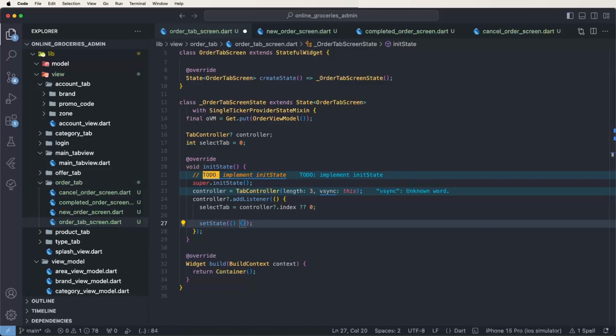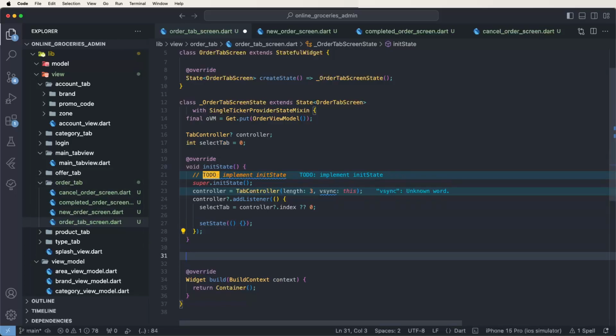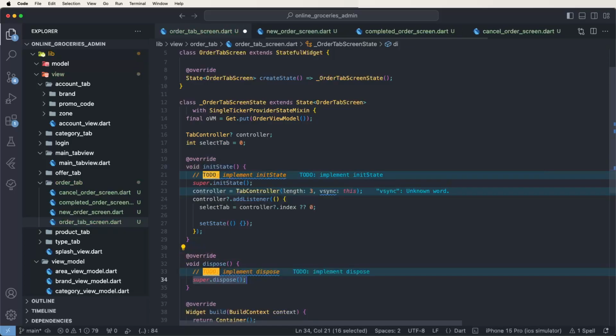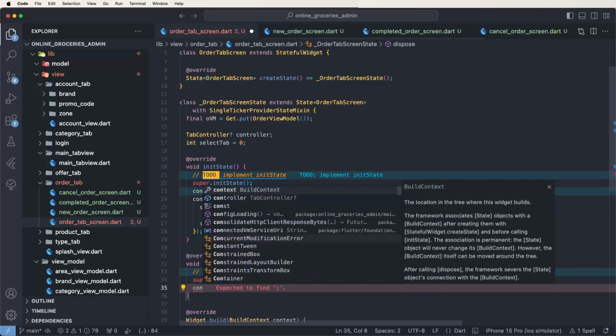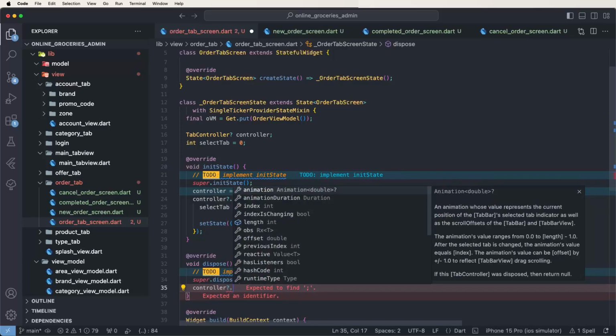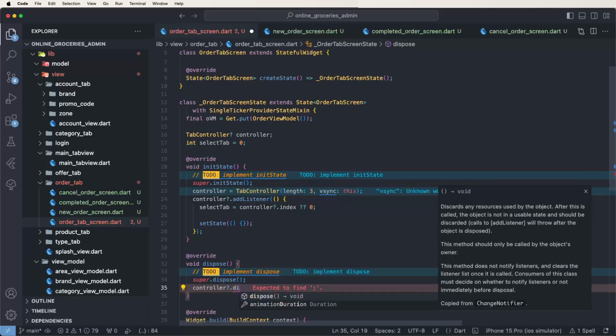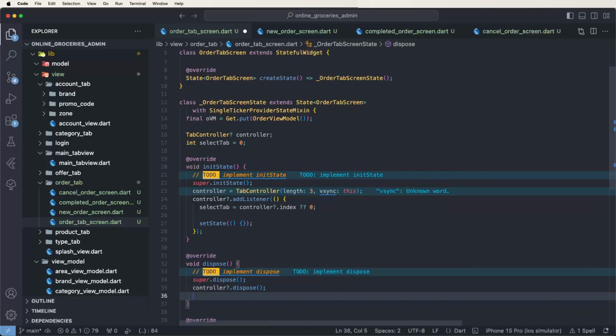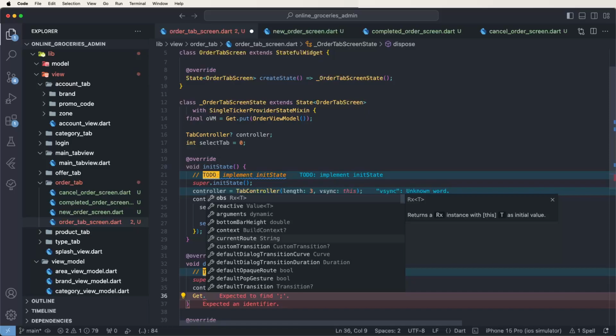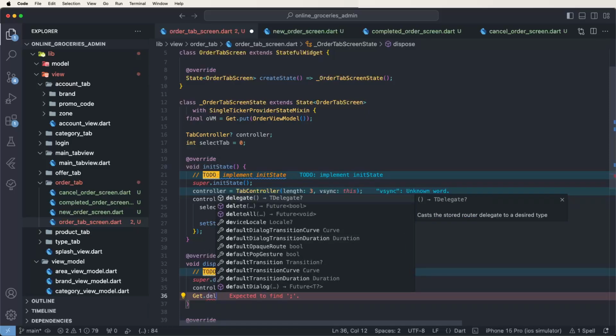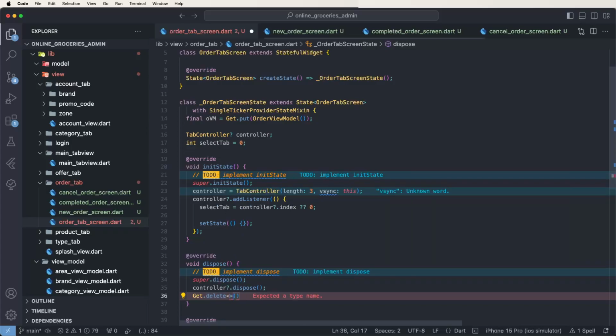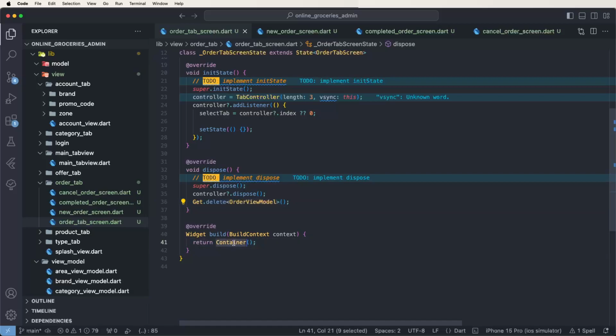Like these configurations are needed here, and also we need to write down the dispose method, and first of all initialize the controller and write down the dispose method, like here. And then after also we need to delete the order view model, and we need to clean this inside the memory. And now, like these configurations are needed, we need to develop the UI for